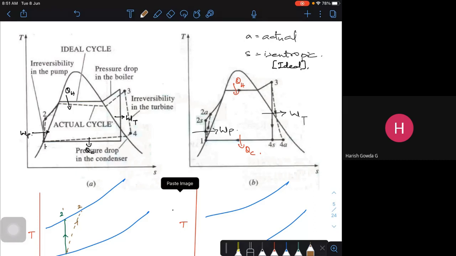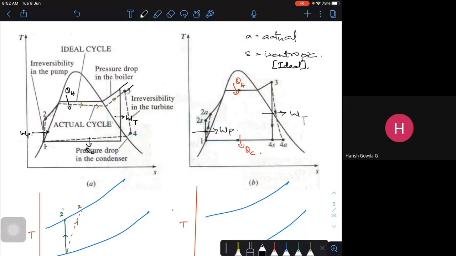There may be some leakage and so on, so I could see a small pressure drop here. If I'm expecting 30 bar as the working pressure in the boiler, I may not see 30 bar, I may see around 28 or 29 bar. So there will be a drop of 1 bar. This is the ideal one, and this is what I'm going to get, the actual one. So the actual pressure will be lesser compared to your ideal pressure.